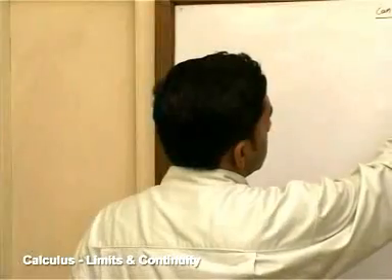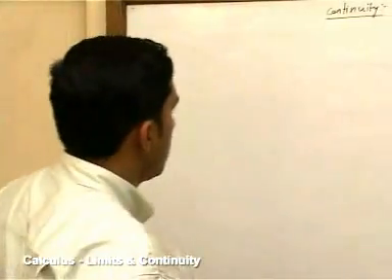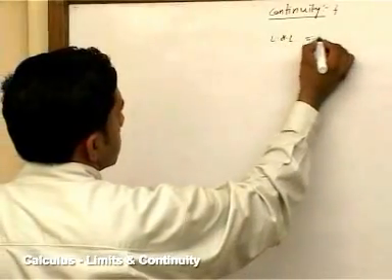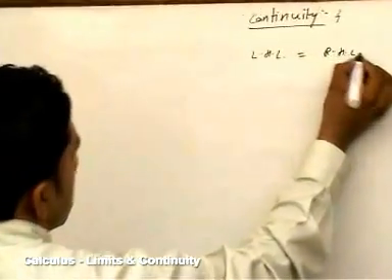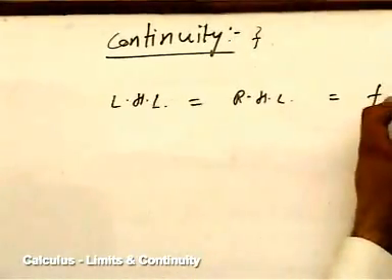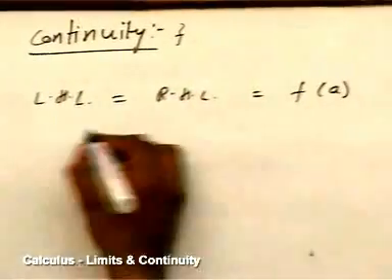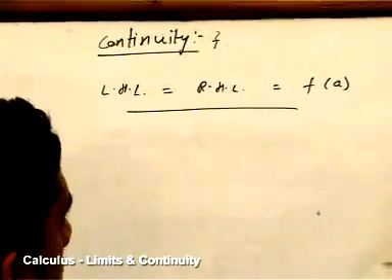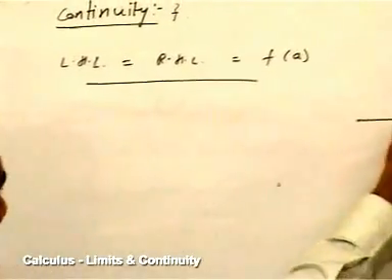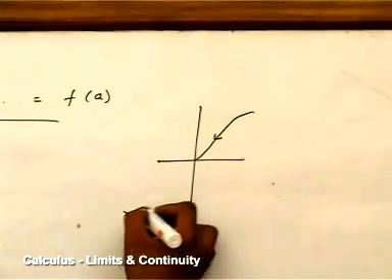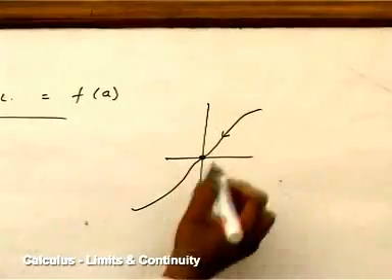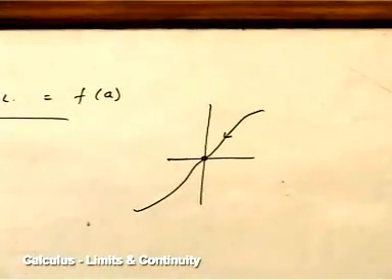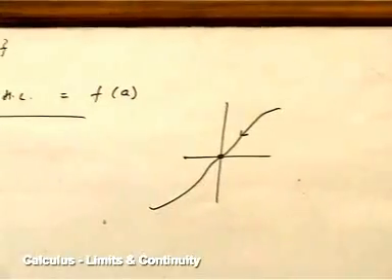We consider the case of continuity as when we obtain left hand limit equals to right hand limit equals to value of the function at a. When we obtain these 3 things equal, from graphical point of view we can say that when we are approaching from this direction at this point, from this direction at the same point, and the value itself is same. So we say the function is continuous. Let us consider this by an example.